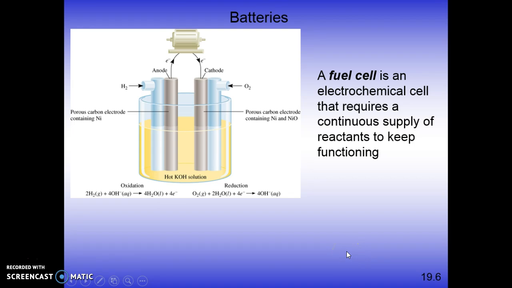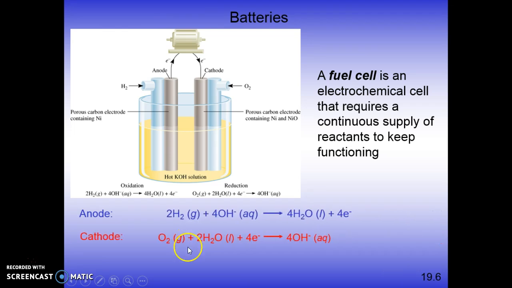Fuel cells are electrochemical cells in which you actually have to continually supply the reactants. One of the very common types of fuel cells takes hydrogen and oxygen and creates water. Again, you've got the anode and the cathode, but because you're constantly using up the gases in order to make H2O,